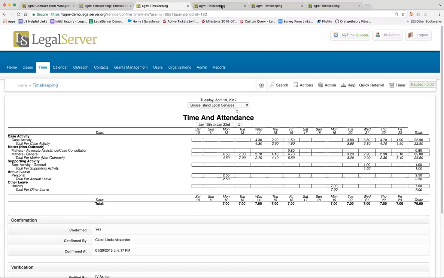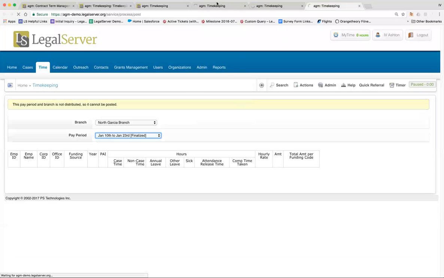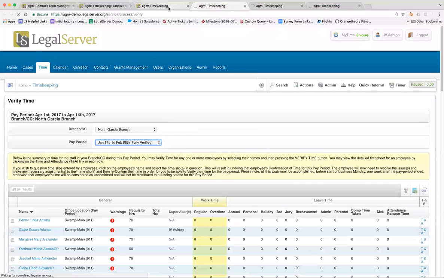Give me 1 second because I don't want to switch to something here in the system. So let me just switch to